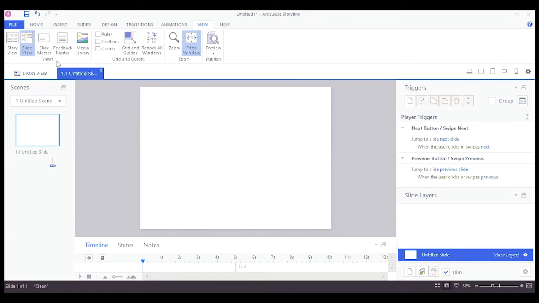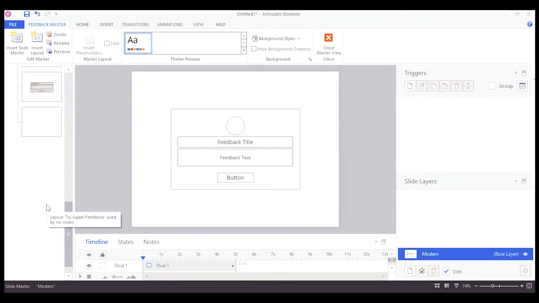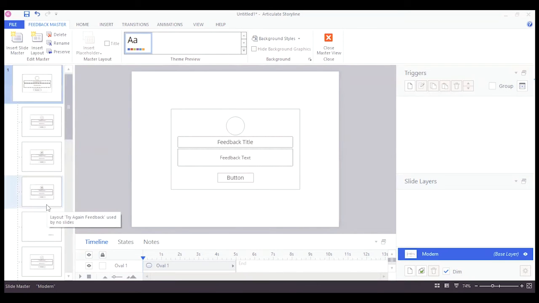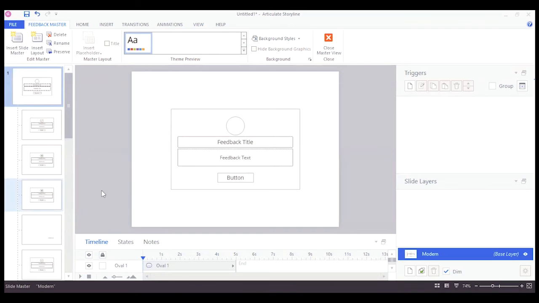The fourth option is the feedback master. When we click on this one, we can see that as we have the option to define a template background for our course, we also have the option to have a feedback master. That means that if we have questions in our course, we can always customize them according to the need of the client, according to the template of the company. So it's always really helpful.